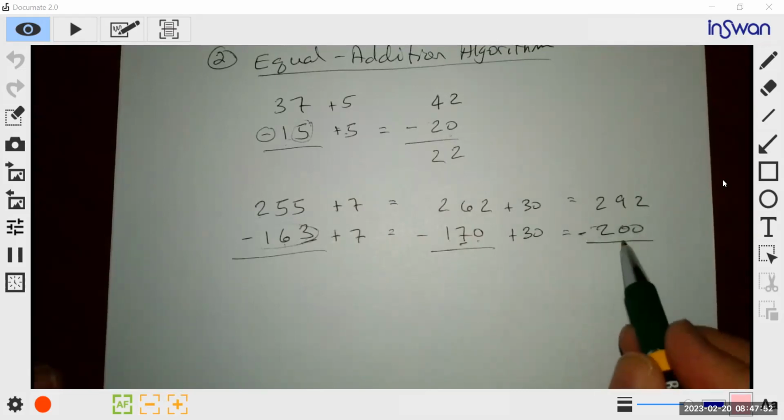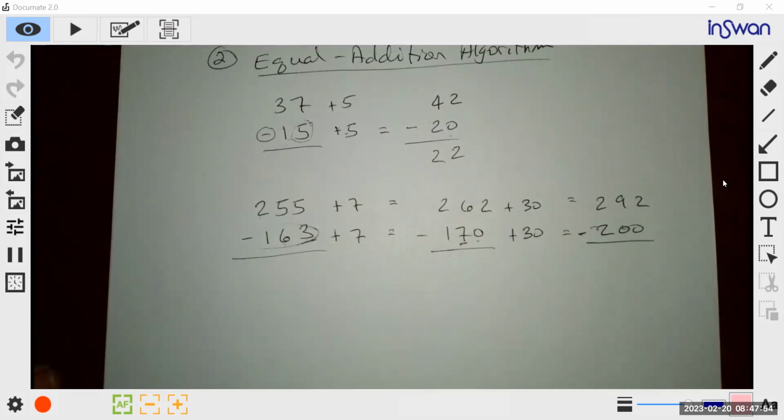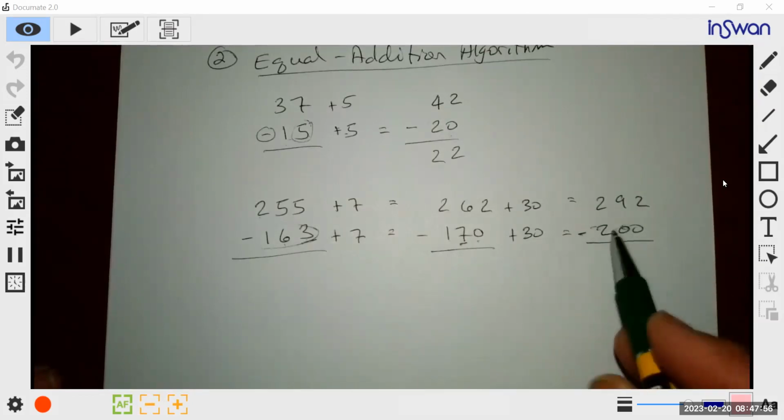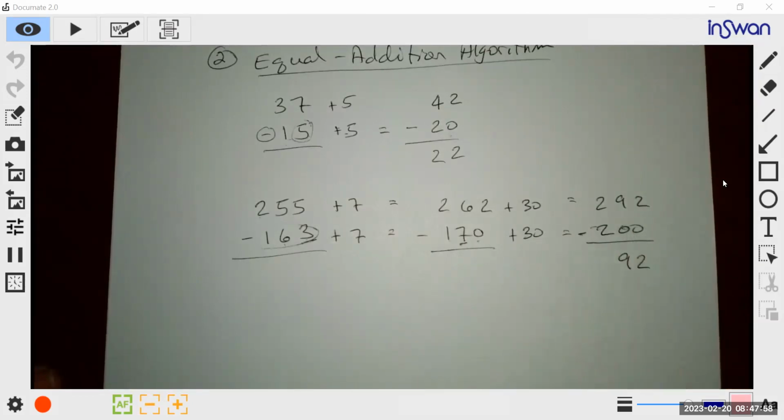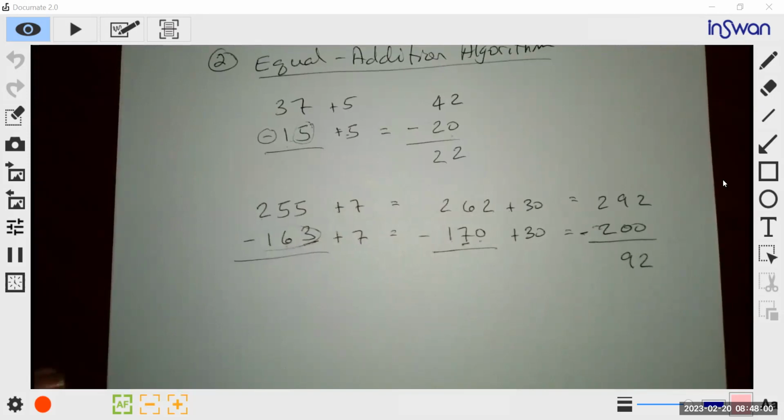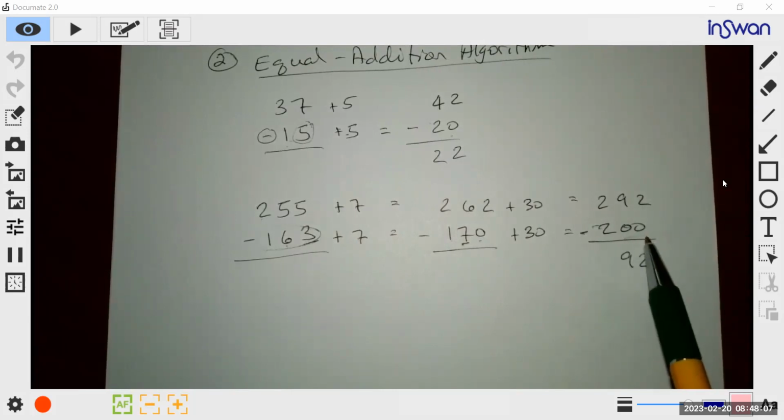So now, once we have all these zeros here, it's a lot easier to subtract. 292 minus 200 is, I mean, all you have to do here is pretty much add. And at the very end, since you have zeros on the bottom,